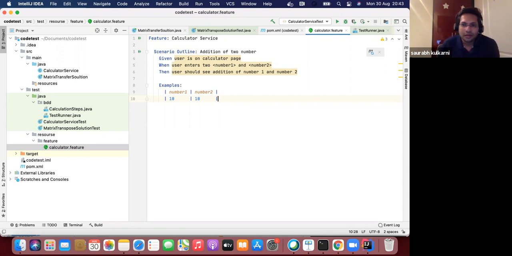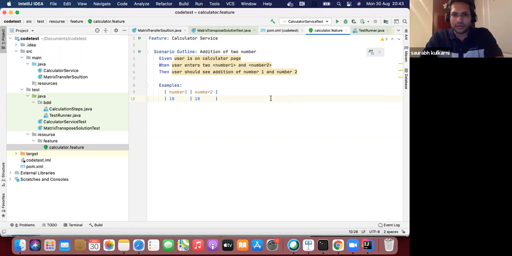I'm looking at the user story, where a given, when, then template is provided by the business analyst in the requirements. I'm reading that carefully and converting it into the feature file. It's just one scenario, addition. Similarly, a second scenario will come, multiplication, then division, and different scenarios after another. For simplicity, I'm keeping just the one scenario here, the addition of two numbers.